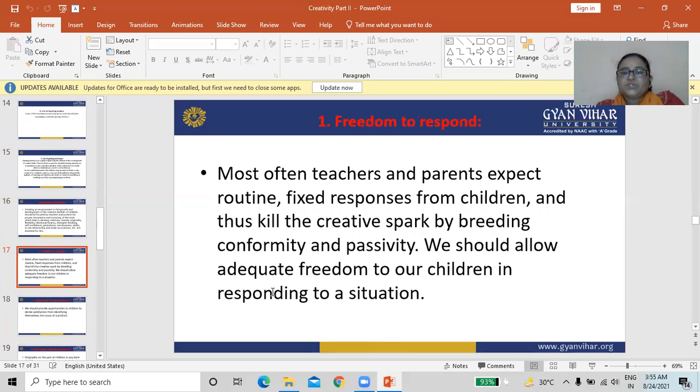Most often teachers and parents accept routine fixed responses from children and thus kill the creative spark by breeding conformity. We should allow educative freedom to children in responding in a situation.